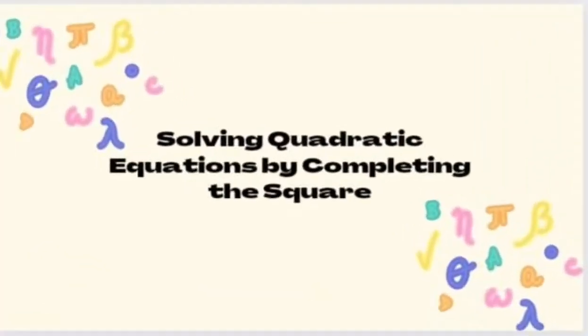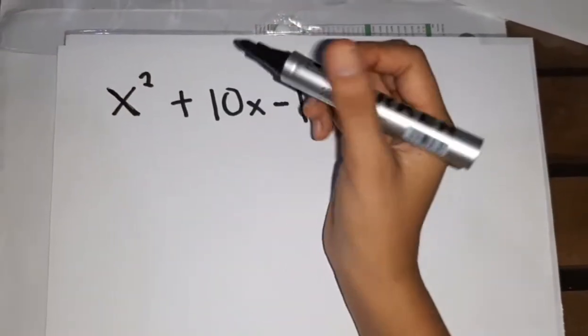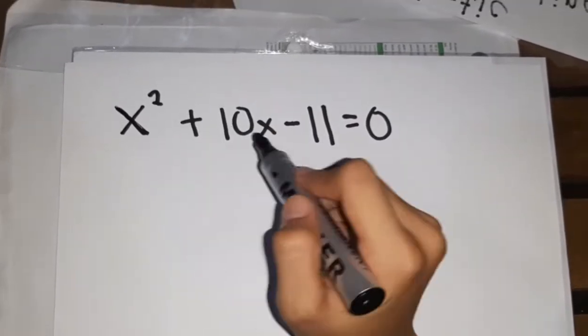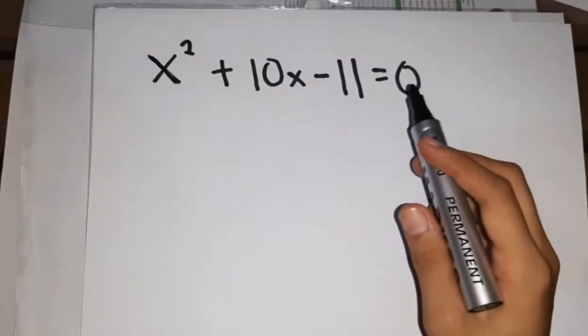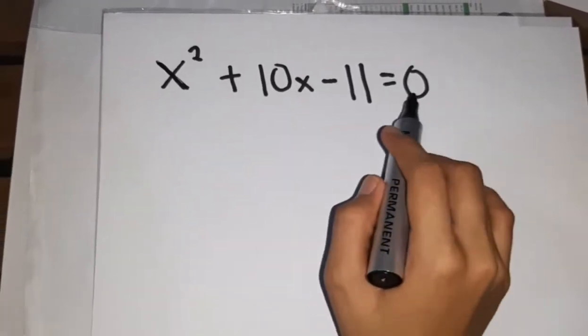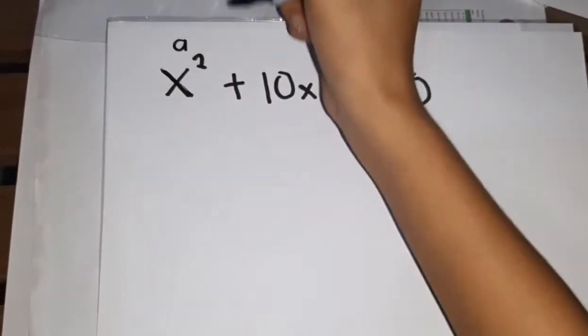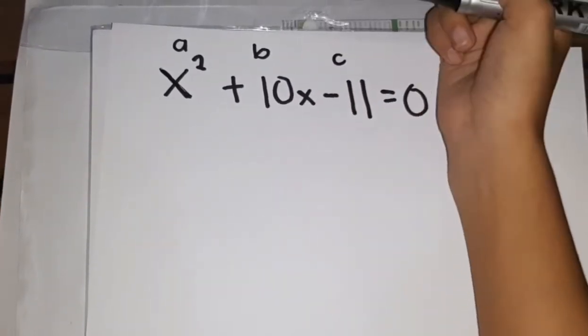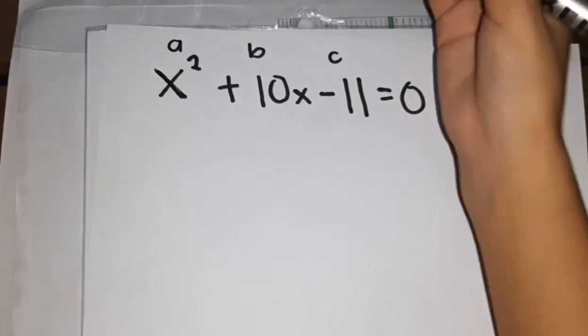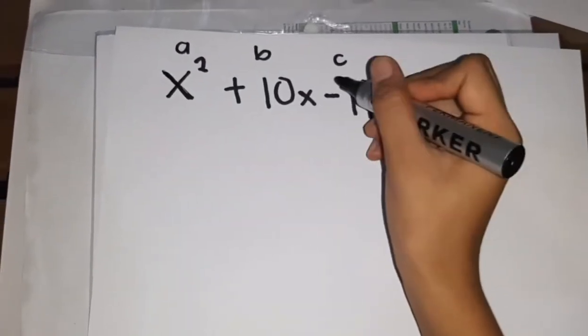Solving quadratic equation by completing the square. So we have here x squared plus 10x minus 11. Just remember that if it is already arranged in standard form, the first term is a, the second term is b, and the third term is c. So the first thing that we have to do,